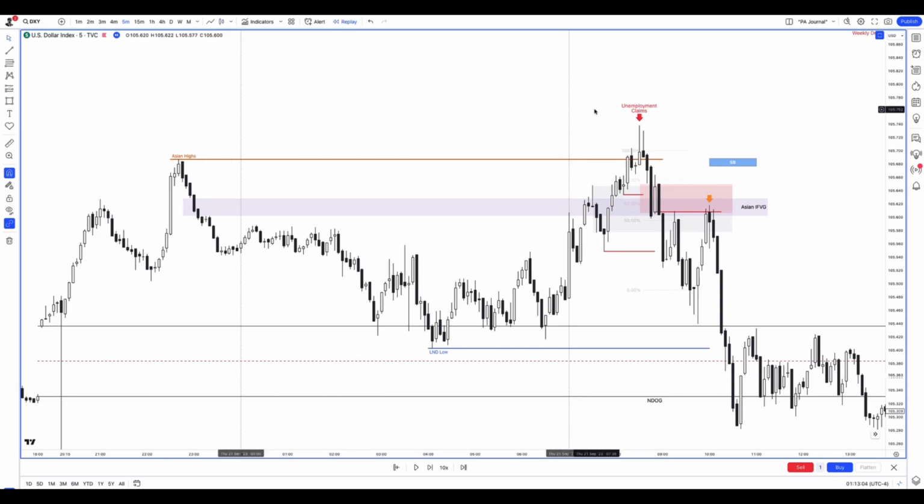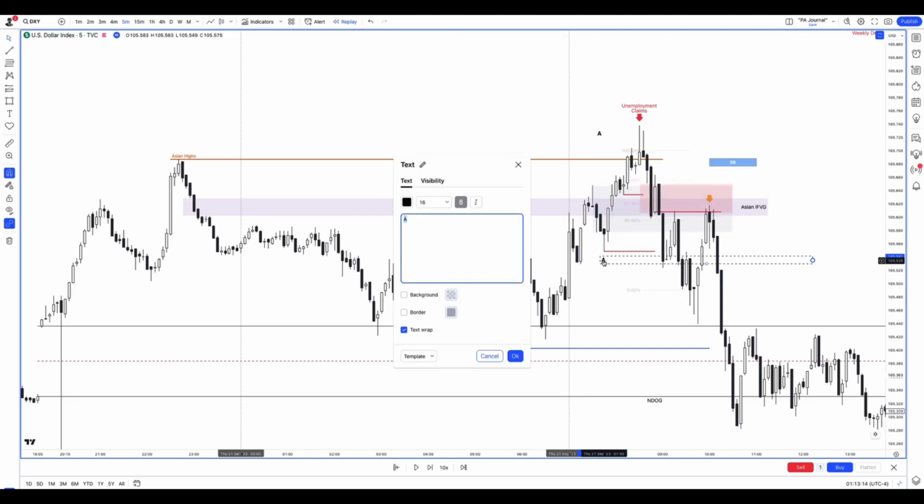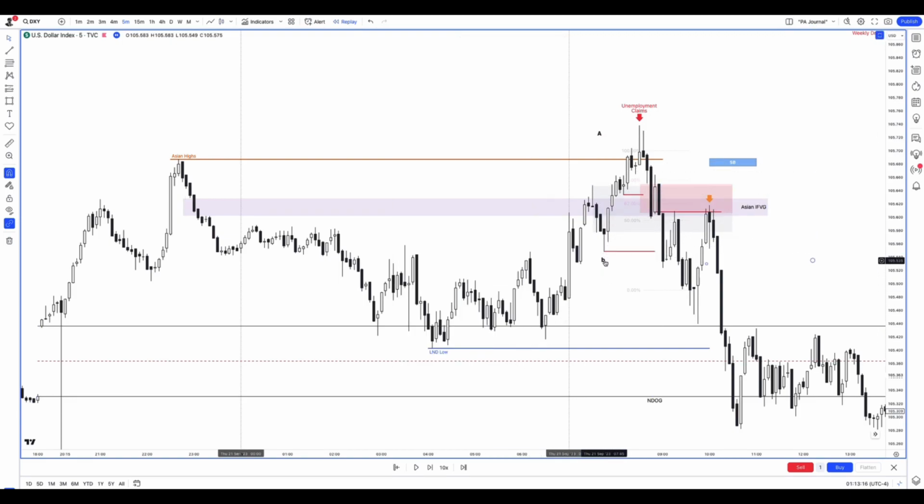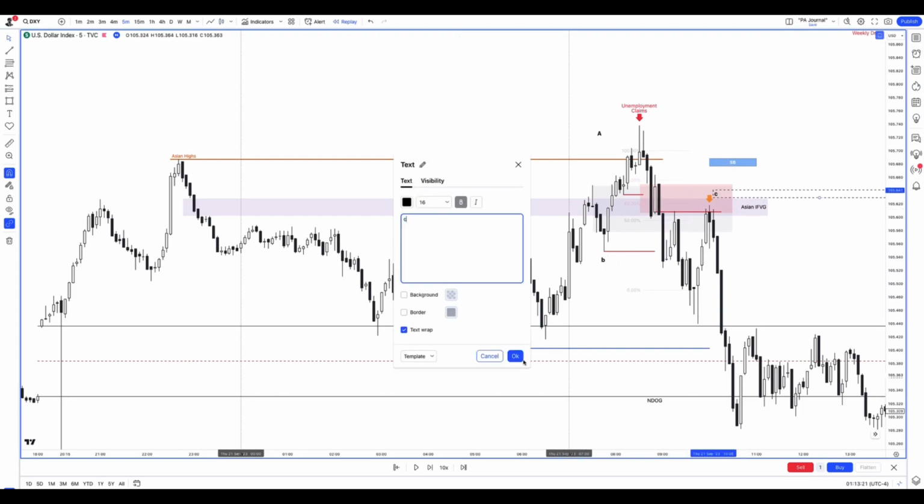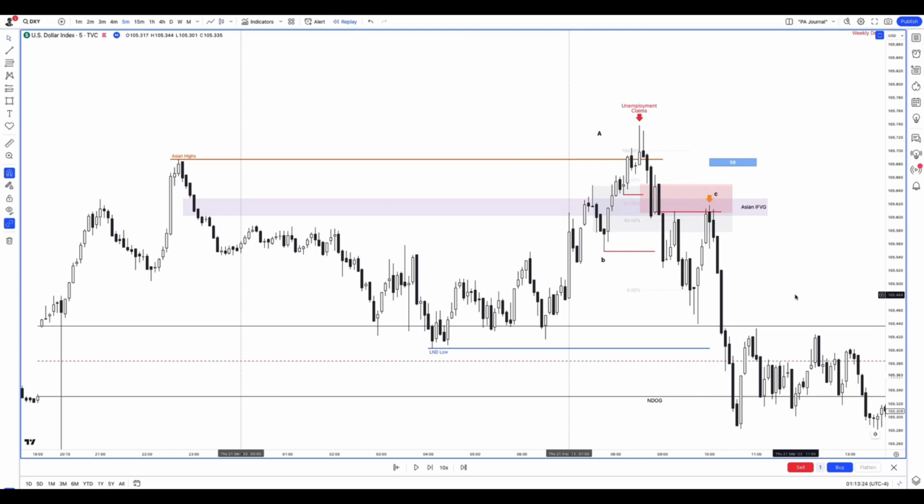So we have the raid, shift, A, B, let's write this out, A, B. Now all we have to do is look for a C. Okay, and that's the retracement leg. Then that's where I took the entry. So when price retraces into C, notice how I don't use this gap and I put my stop above this high, because the higher time frame takes precedence, and because all the PD arrays were nested here.